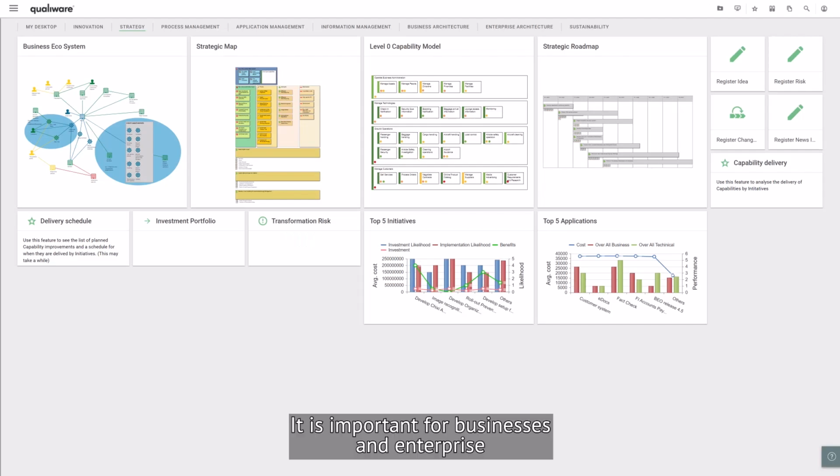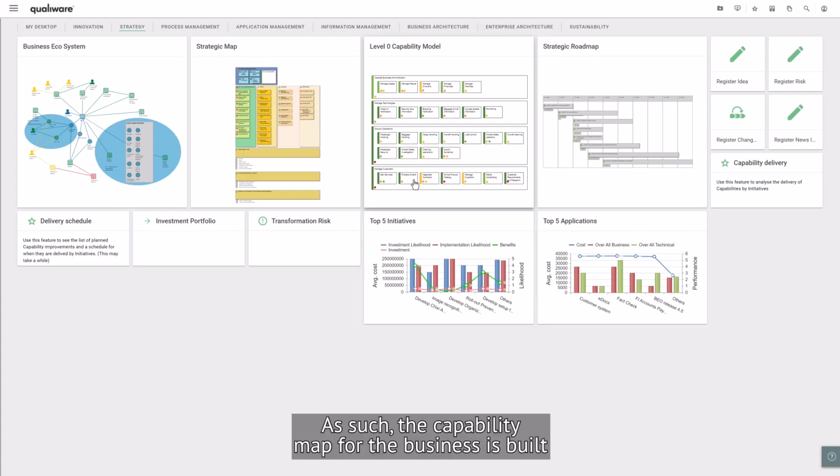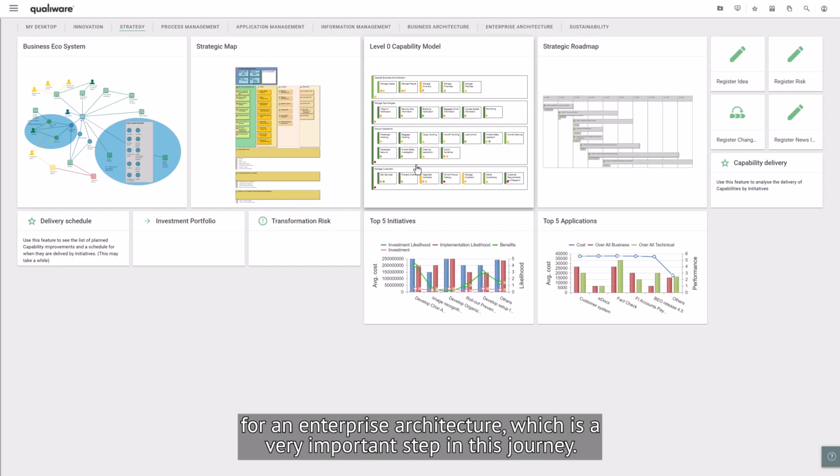It is important for businesses and enterprise architects to get an overview of the organization's capabilities and to get an understanding of which capabilities we wish to improve. As such, the capability map for the business is built for an enterprise architecture, which is a very important step